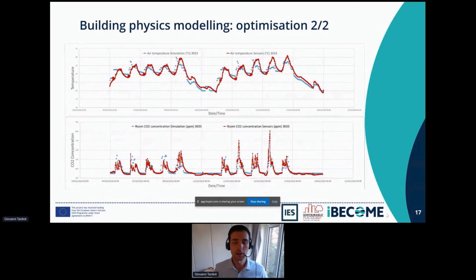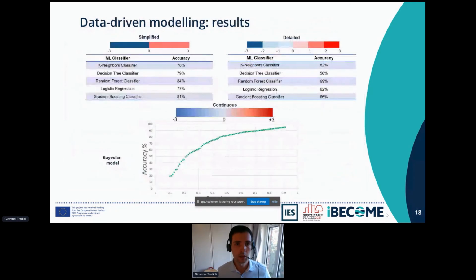You can see that there is quite a good representation in terms of thermodynamic behavior in each room. In terms of data modeling results, we got some good results, especially for the simplified method with an accuracy of about 85%. The detailed model predicted with an accuracy of about 70%, while the continuous modeling, the most challenging one,